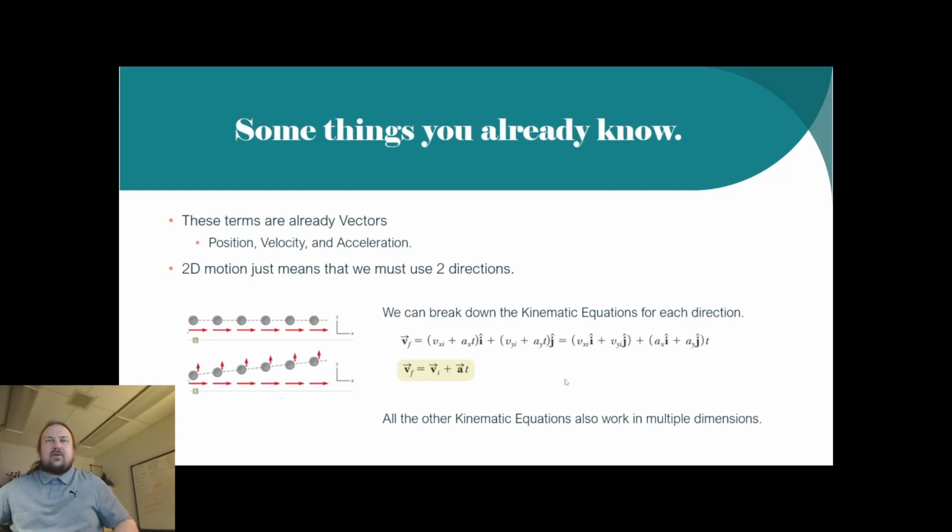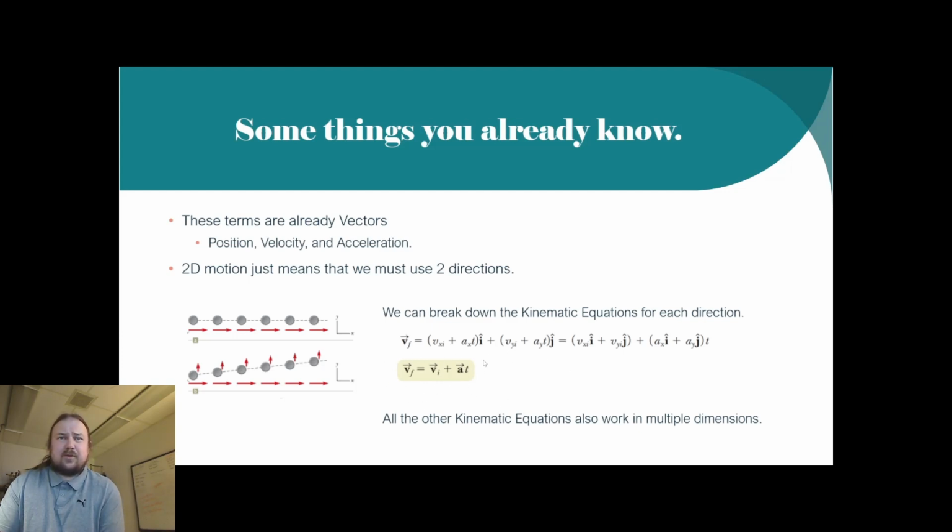So how can we make this work for us? Well, we have the kinematic equations, which we've used for 1 dimension. We can use the same kinematic equations for 2 dimensions. We just need to break them down so that we have 1-dimension components for each of the kinematic equations. Okay, so what I mean is